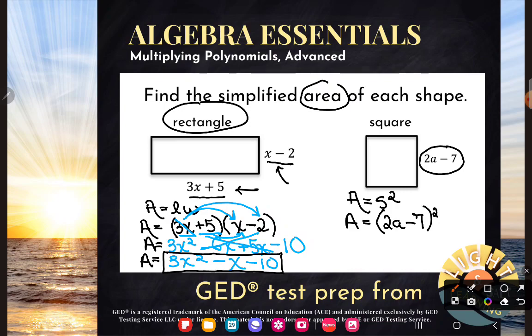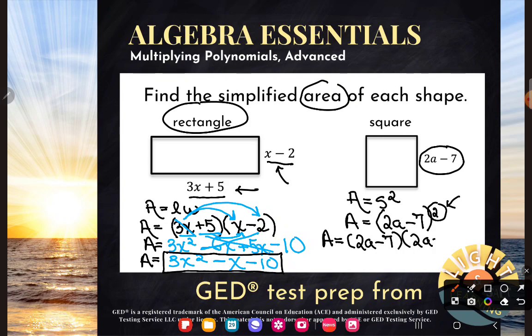parentheses. Now, another really common error that students make is they assume that just like when you're multiplying by a single number, you can pass it out, they can also pass out an exponent, which is not true. That is wrong. So what you should always do here when you see that square is expand it. Remember what it means. To square something means to multiply it by itself. So the quantity of 2a minus 7 squared is the same as taking all of 2a minus 7 and multiplying